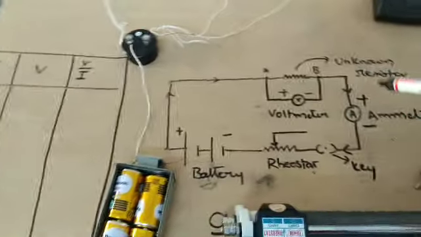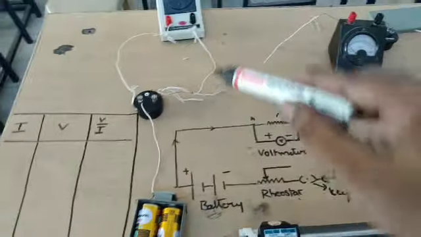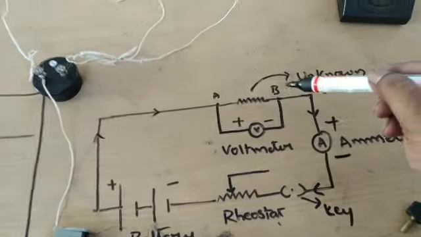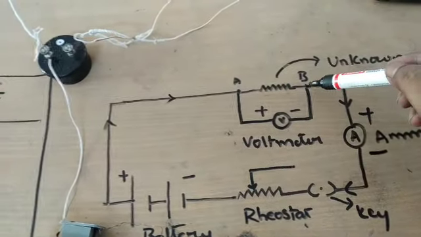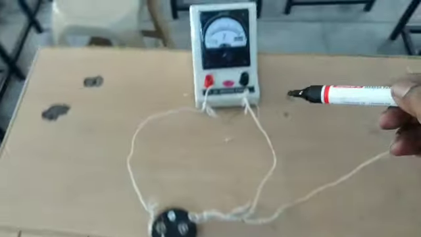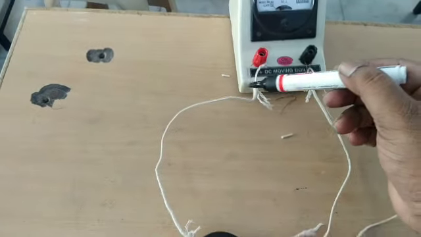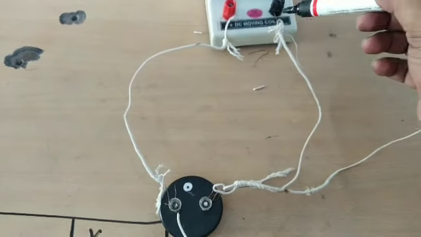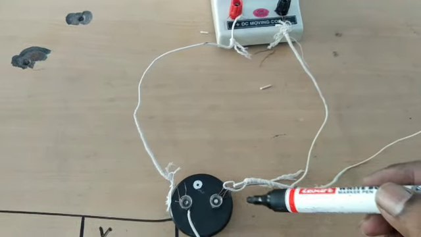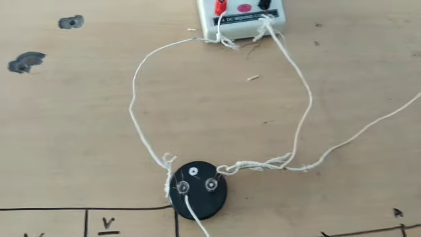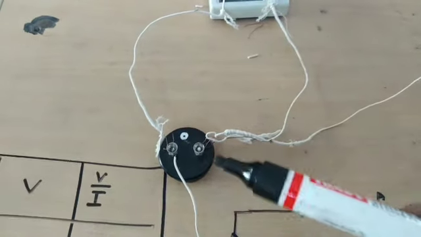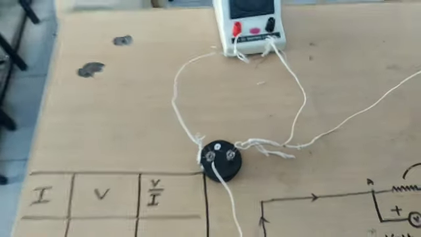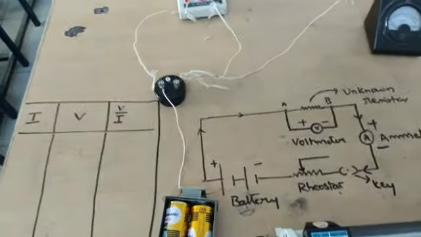So this is a simple closed circuit. In this particular circuit, everything is in series. But if you observe carefully, the voltmeter is connected across the resistor in parallel. So let us see whether it is connected in parallel or not. The positive end of the voltmeter is connected to one end of the resistor, and the negative of the voltmeter is connected to the other end. So our intention is to know the value of this particular resistor and also to find out the relation between V and I.